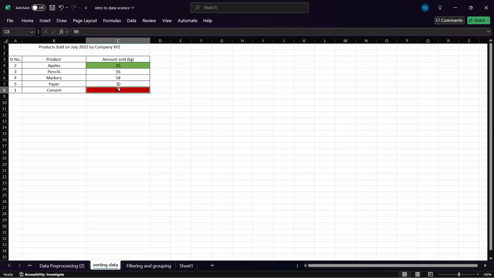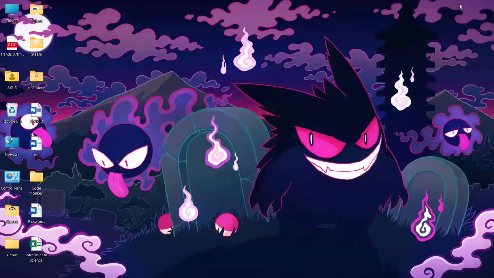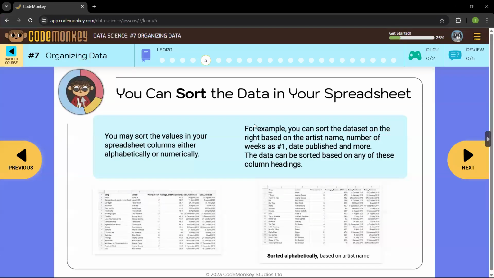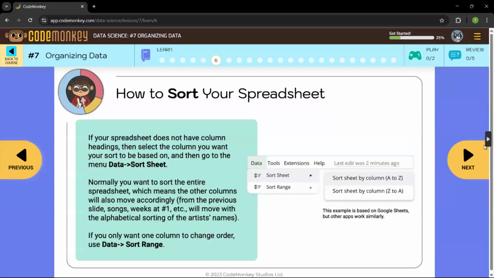I can make better decisions in the future and my company can grow and become better. That shows the importance of data sorting. So that is how you can sort your data.